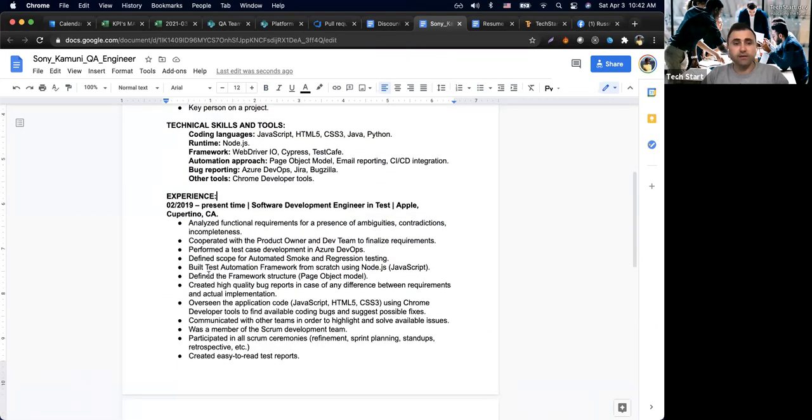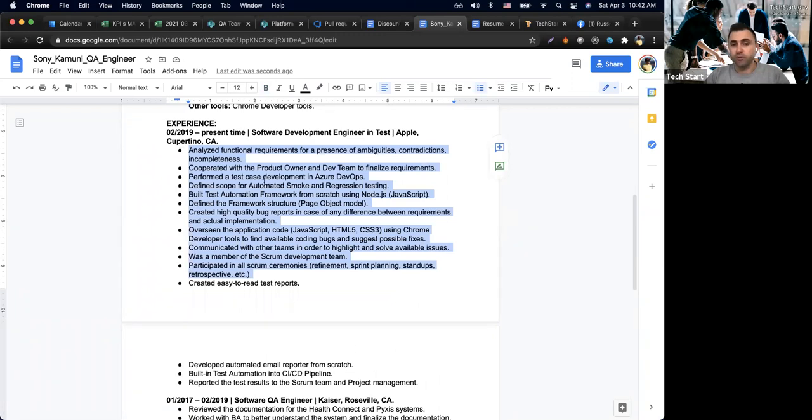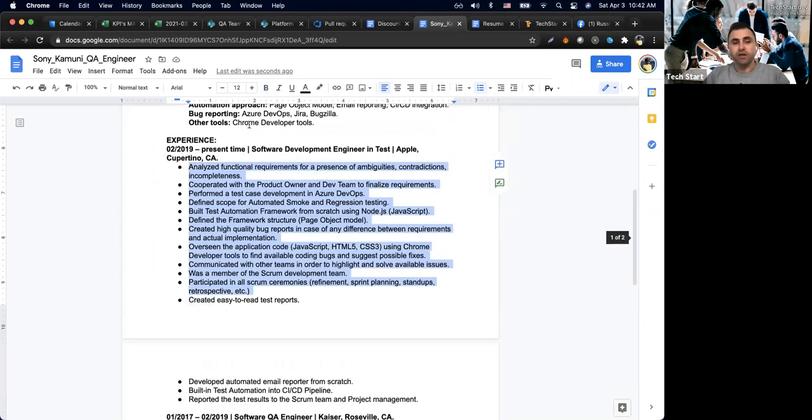Good. And then also one of the most important things in your resume is experience. This is a section where you describe everything you have done on your previous job, on your current job, and on your other previous jobs. So in experience, mention that